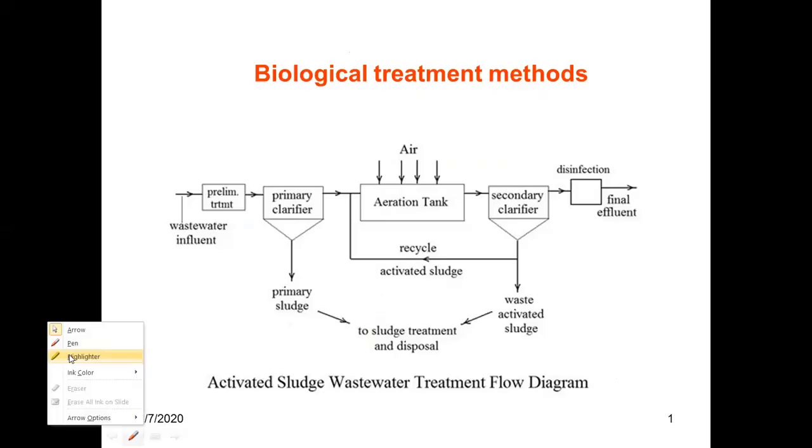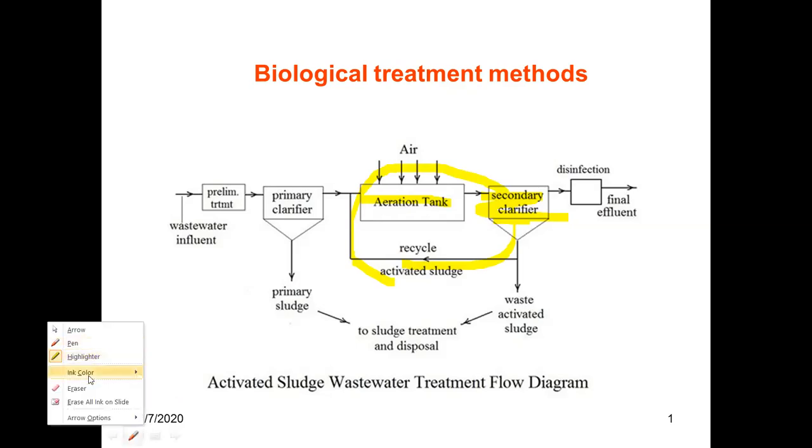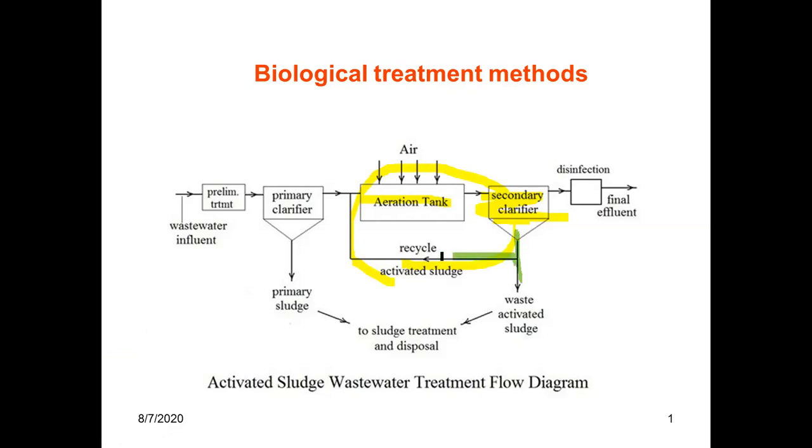In secondary treatment, you can find the aeration tank and secondary clarifier. Both these components together are called the activated sludge wastewater treatment. It is called the activated sludge process because in the activated sludge process, the sludge coming from the secondary clarifier, a part of the sludge, is recycled back